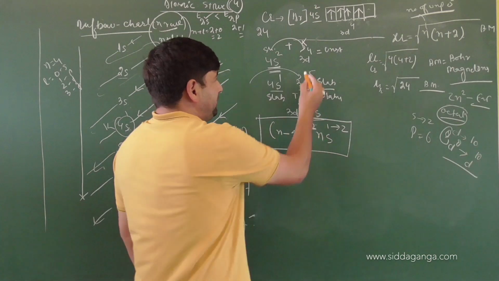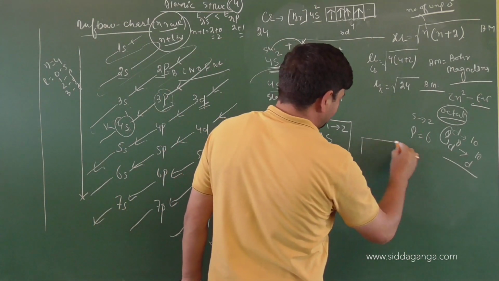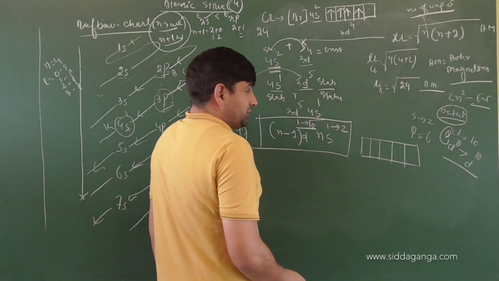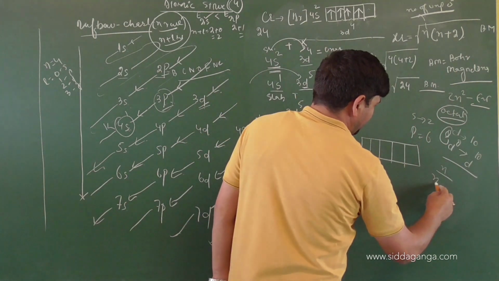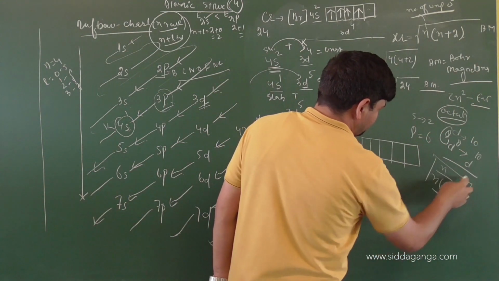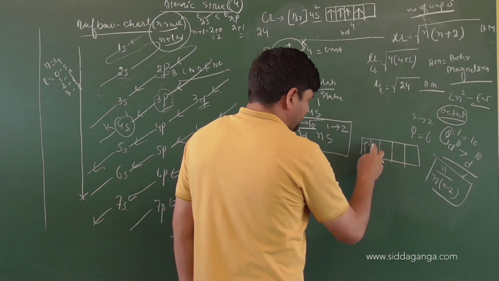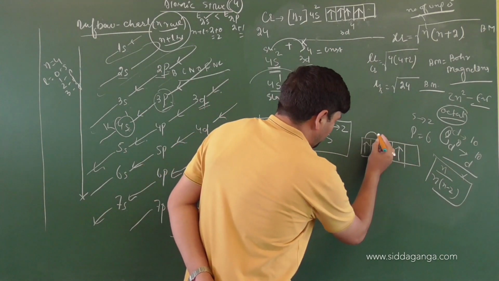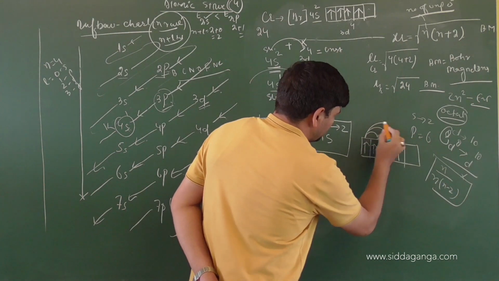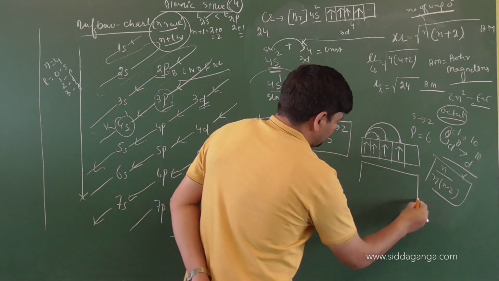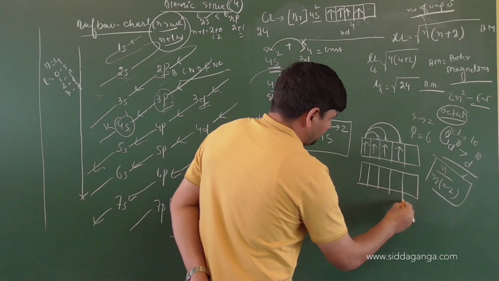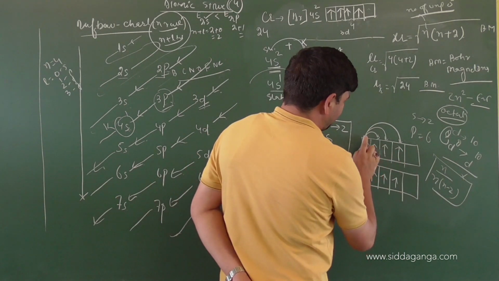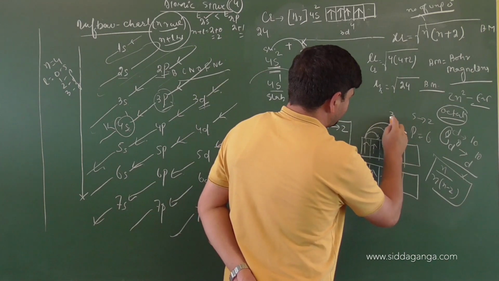Number 2, exchanges. If it is d4, how many exchanges are possible? Let us see. Actual formula can also be used, n into n minus 1 divided by 2. But I will not use these shortcuts for calculating it now. So how many unpaired electrons you have here? 4. Now tell me how many exchanges possible. Have a look. 1, 2, 3. Okay, this is 1. So how many exchanges here? 1, 2, 3. So in this case there are 3 exchanges.